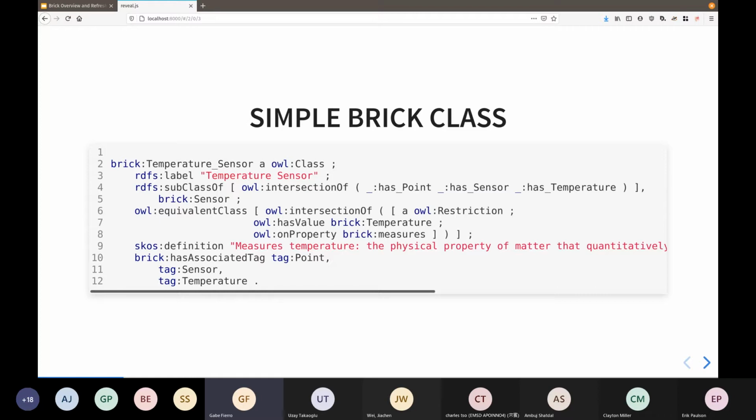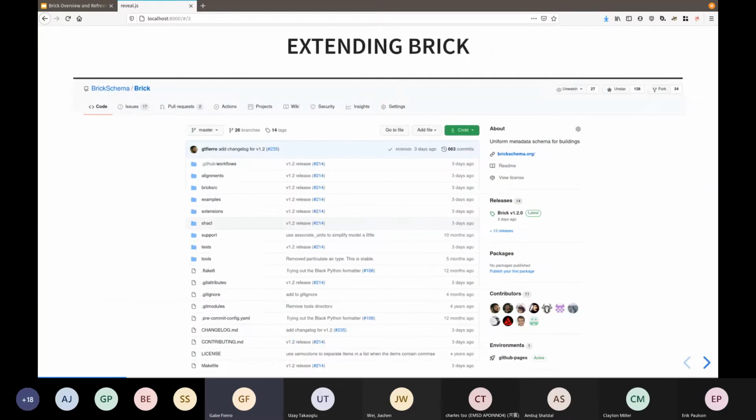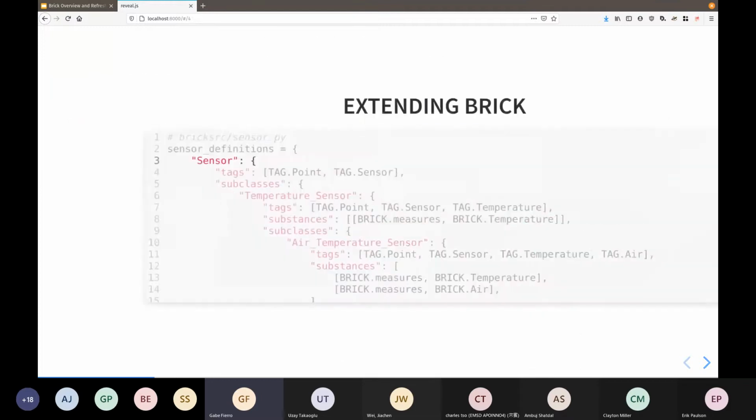And this whole class definition together, there's over 700 of these defined within the Brick ontology, and it is designed to be extended. But of course, we would not want everyone to have to write all of this stuff themselves. And so what Brick comes with is not just the TTL file, but this whole Python-based framework that simplifies the task of defining new classes, defining new properties, extending Brick, and you can find all of this on GitHub. And I encourage you to check this out after the presentation.